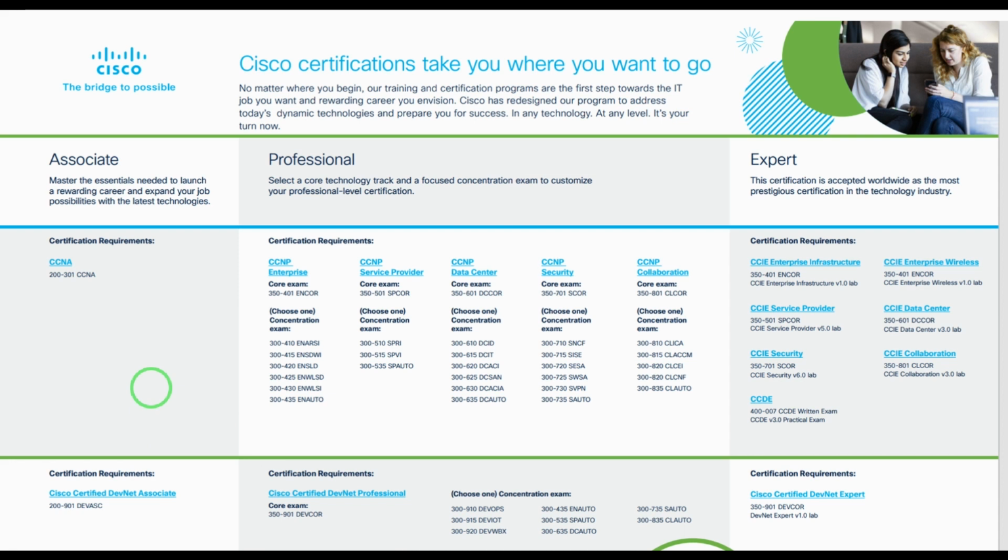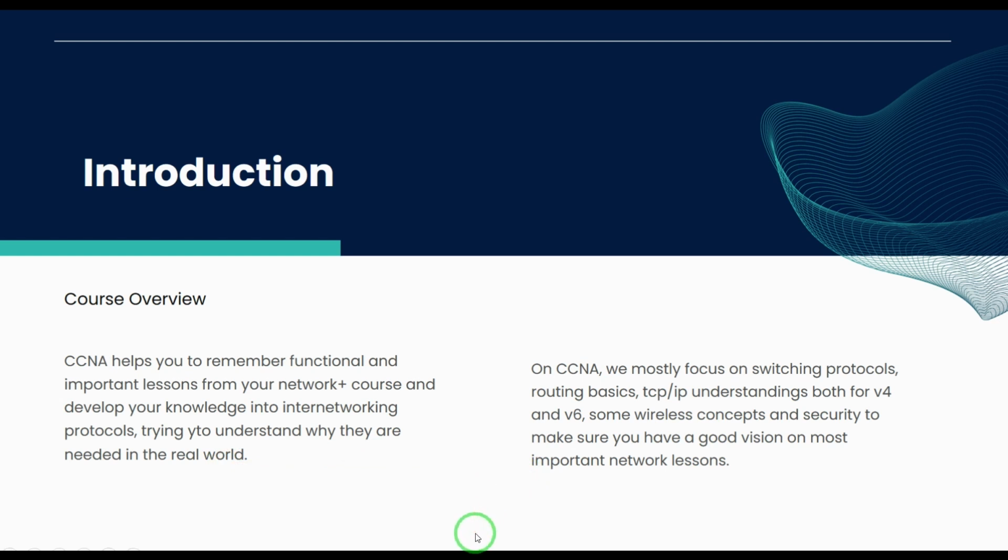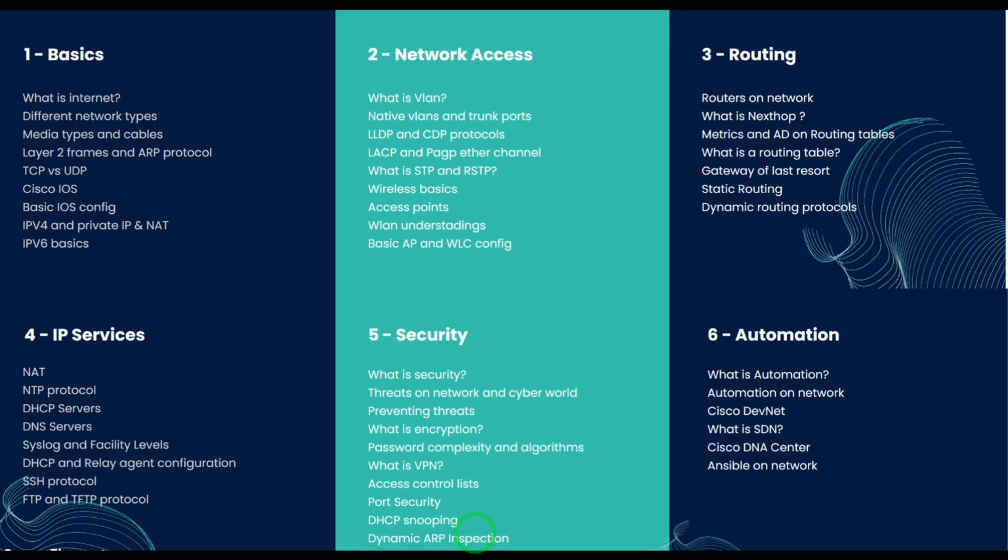And well, on the CCNA course, we're going to cover some basics about TCP/IP, IP version 4, IP version 6. We're going to talk about IP version 6 on a very basic level, and it's not in full detail, while at the CCNP level, we're going to cover it in full detail. Besides, we're going to talk about our protocol layer 2, the OSI layer, the differences between TCP and UDP, what is Cisco IOS, and how does the Cisco router or switch boot up, and talk about some private IP addresses, NAT, what is NAT, why do we need NAT actually, and some switching mechanisms like STP and